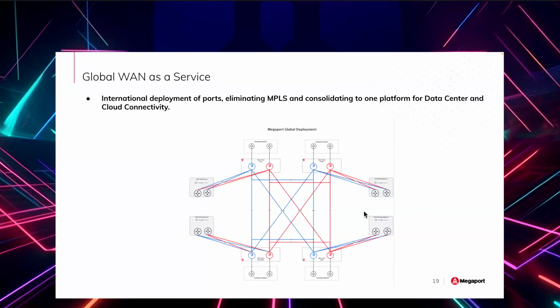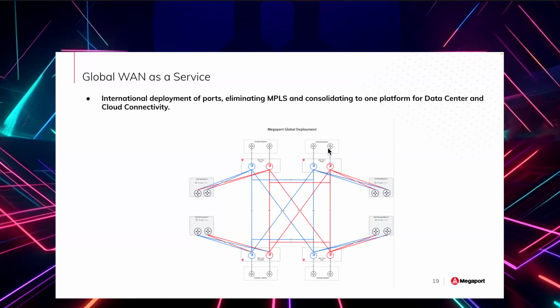So this is a real world example of a customer that has presence in Denver, in Virginia, Canada, and also the UK. They had disparate MPLS providers from acquisitions, and they were tired of managing that across multiple vendors and multiple architectures. So what they decided to do was approach their MPLS vendor in these different countries and say, hey, get me to these Megaport enabled POPs with a last mile circuit, and that helped them satisfy their spend, their contractual obligations, and reduce complexity in a big way.